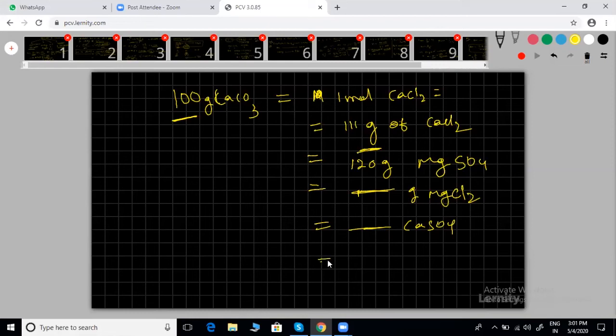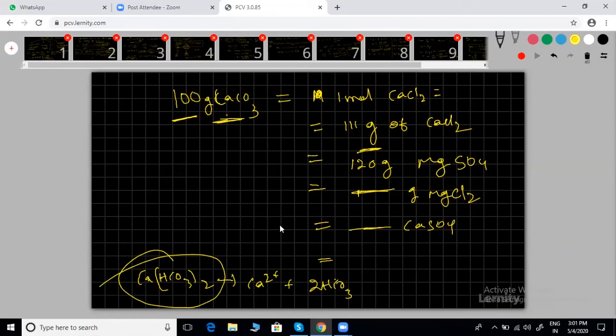Even temporary hardness you can express through bicarbonate. But here 2 moles of bicarbonate equal CaCO3, since all these have valency 2. Here HCO3 minus 2 moles are given. For example, Ca(HCO3)2 dissociates to give Ca2 plus and 2 moles of HCO3 minus. So you can take the complete weight, whatever is given. Mostly they ask questions based on this. Try at least one question.